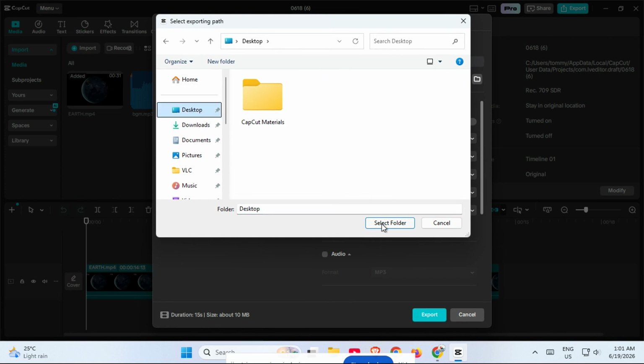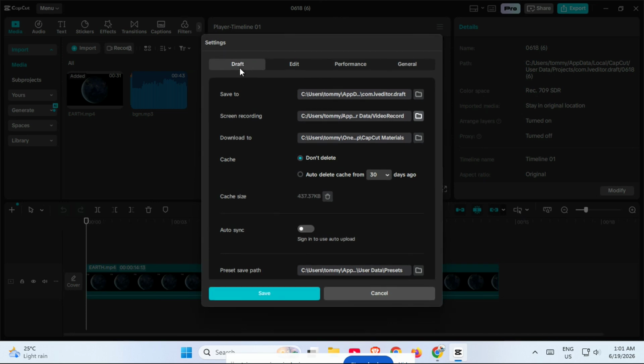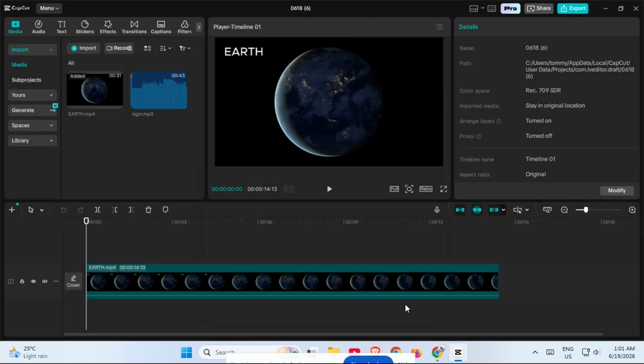If the problem still isn't fixed, the next step is to clear your cache. Over time, CapCut builds up temporary files, and if those files become corrupted, they can cause all kinds of strange behavior, including export failures. To clear the cache, go back to Menu, then open Settings again. This time, click on the Drafts tab. Look for the cache size option and click the trash icon next to it. Confirm that you want to delete the cache. Once it's cleared, restart CapCut and try your export again. This step is especially helpful if the error started happening after a lot of editing or after CapCut updated in